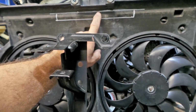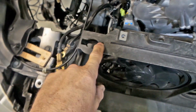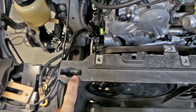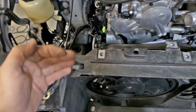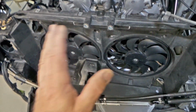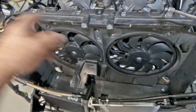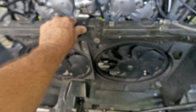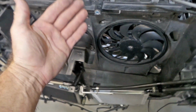So I think between that, if I do that, and another thing I can do is where these locking pieces go in, I can actually enlarge this slightly towards the front. There's still quite a bit of room for them to lock in correctly, so they can allow the radiator to sit slightly at the front and just touching slightly on the radiator support panel in the center of the vehicle. I can actually force it to fit in and lock, and have it just fit and lock all the radiator tabs, but what that does is it flexes the radiator support panel and pushes it really hard against the core